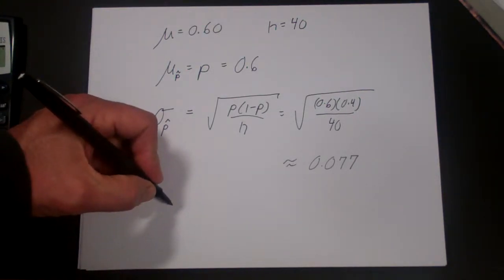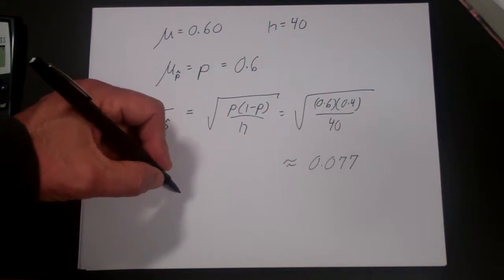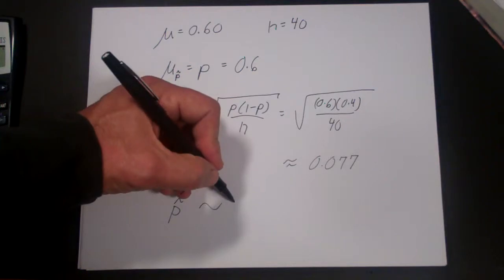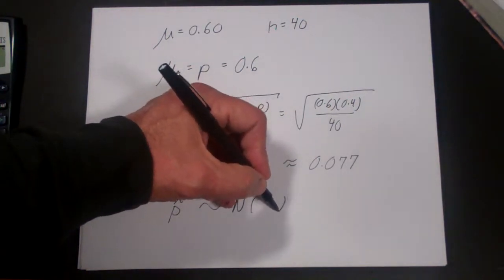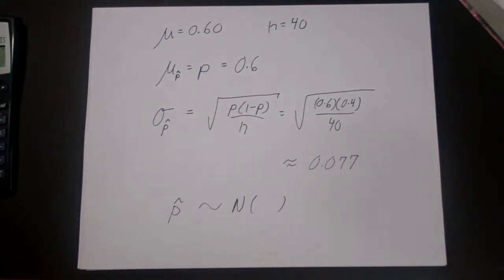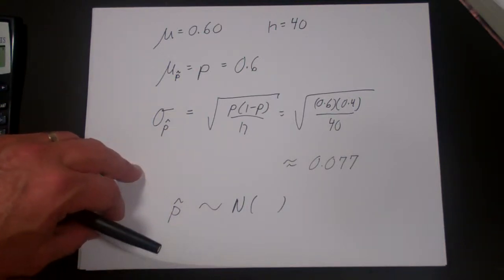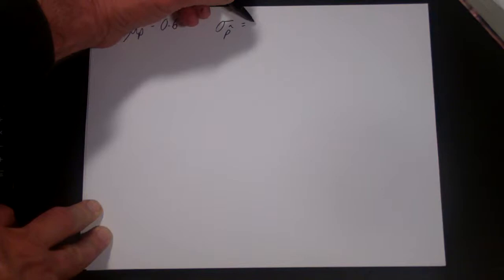The other thing we realize is that p-hat will be distributed approximately normal. Not exactly normal, but close enough. In fact, in the next video we'll talk about under what conditions we can be more assured of that. So let's go ahead and write all that down. What we know is that the mean of p-hat is equal to 0.6, and we know that sigma p-hat will equal